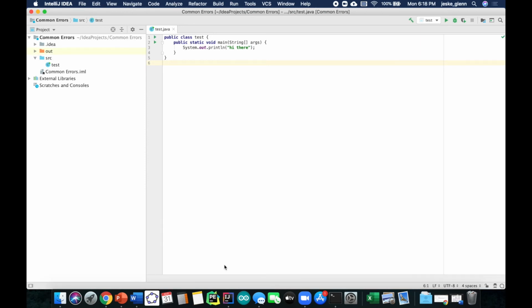One more thing very quickly. I noticed today as well that some students were creating a Java class, naming it, and then later wanting to edit this name. We can't edit this name without editing the overall name of the class. This test.java, this word test must be the same as the word test that appears here. So let's say later on I decided, oh, the instructions that Miss Glenn gave me actually said that this should be called